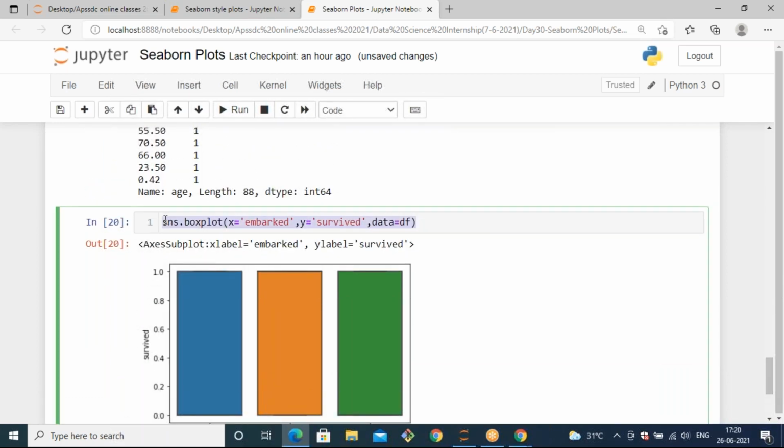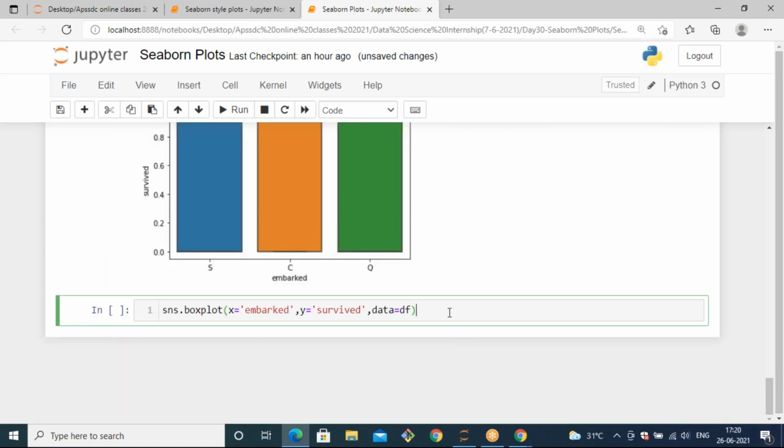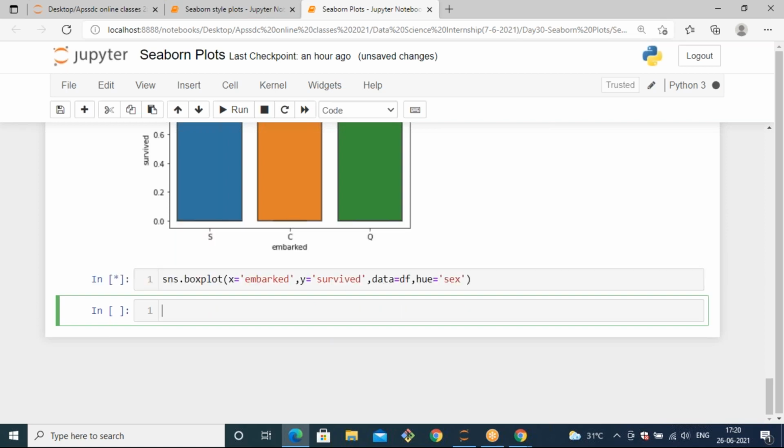Okay, so let's take some other parameters. It can support hue also. We've already seen hue. Based on hue, we can group the values, right?